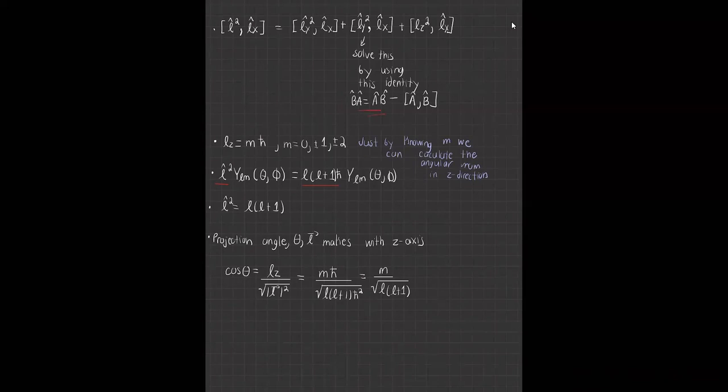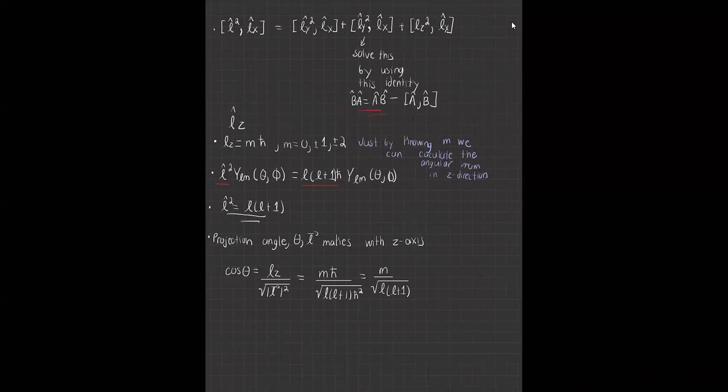Okay, so now we get into the important stuff. If you apply the LZ operator onto a wave function, you'll find that it's determined by a quantum number m. When you go into H-like atoms, if you know the m quantum number, you can find what LZ is by plugging in m. To find the angular momentum squared, you plug in the L quantum number and multiply by h bar squared, and that will give you